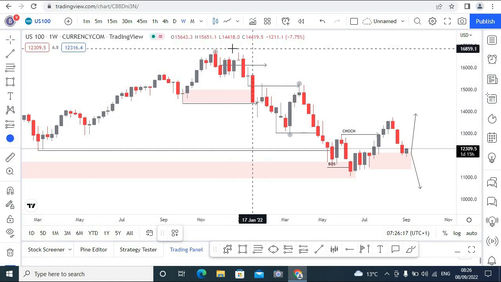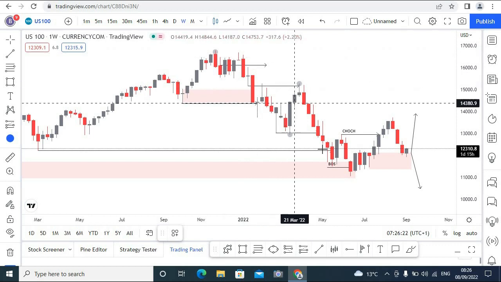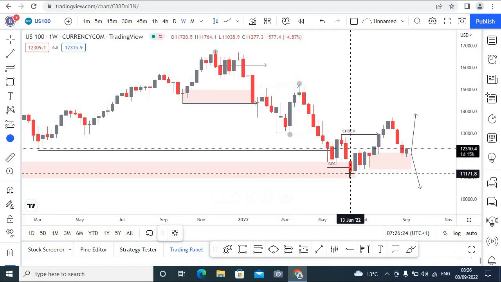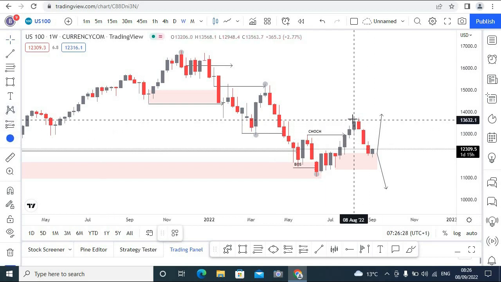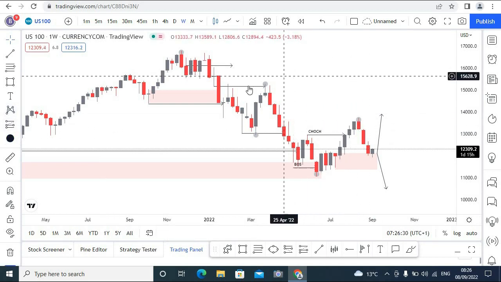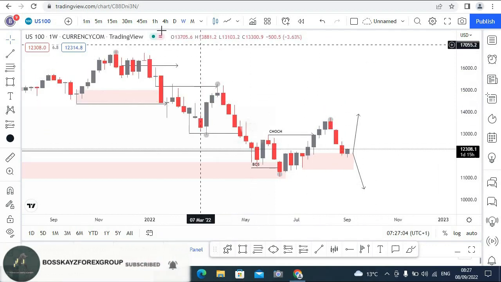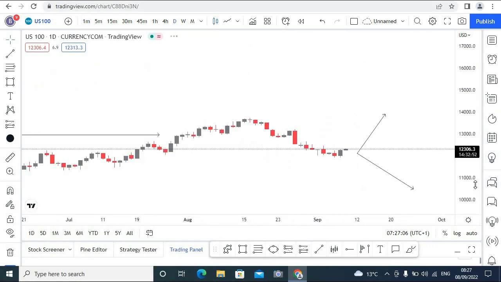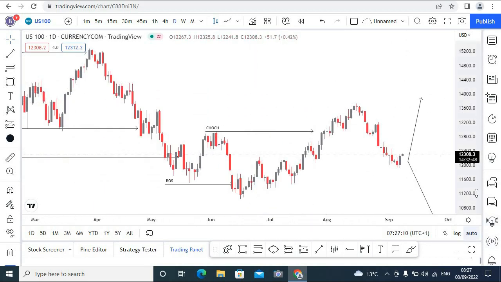Because there's nothing there at the top which we can call a new higher high. So the price was creating new lower highs and new lower lows, something like this. So now let me just delete this quickly. If we go back to our daily time frame, the next thing which you have to understand,